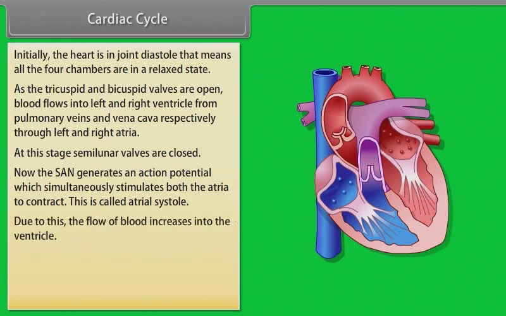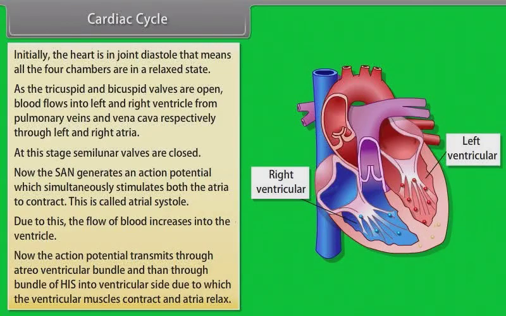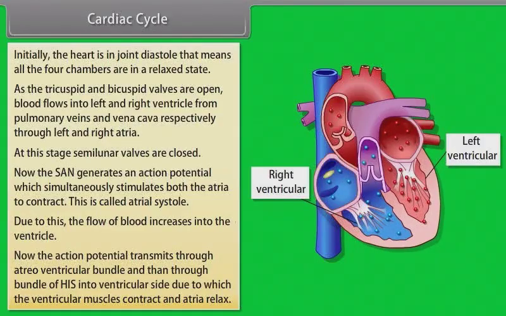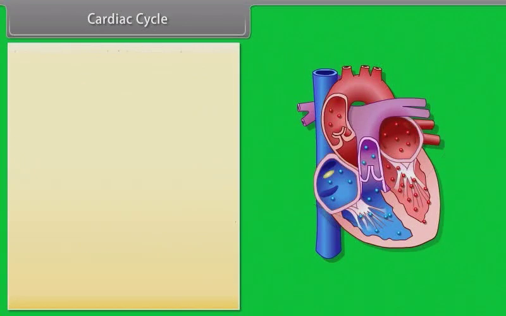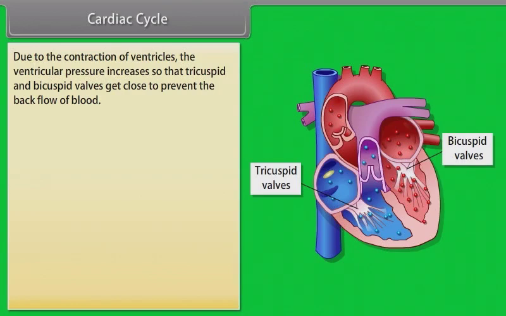Due to this, the flow of blood increases into the ventricle. Now the action potential transmits through the atrioventricular bundle and then through the bundle of HIS into the ventricular side, due to which the ventricular muscles contract and atria relax. Due to the contraction of ventricles, the ventricular pressure increases so that tricuspid and bicuspid valves get closed to prevent